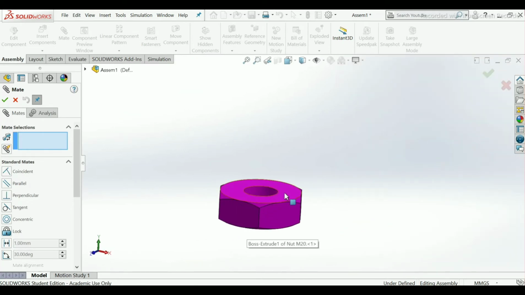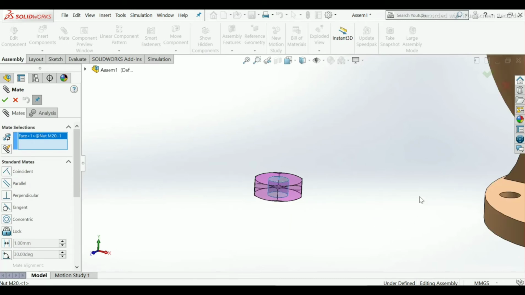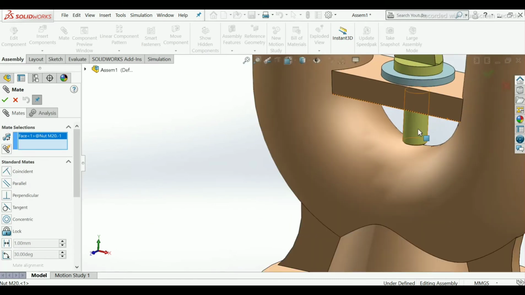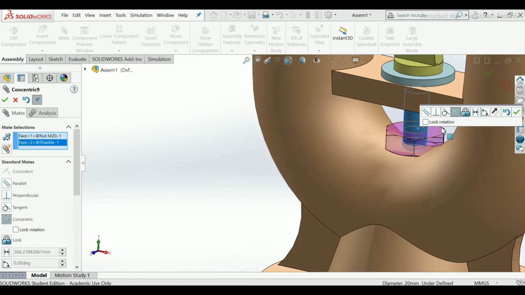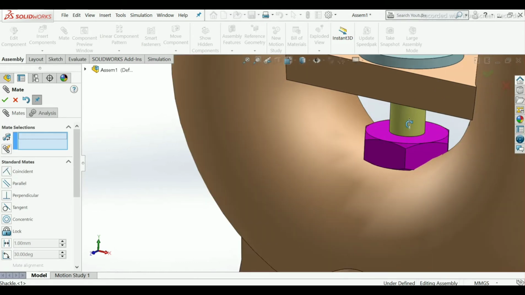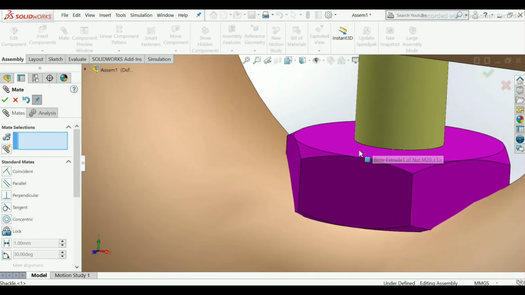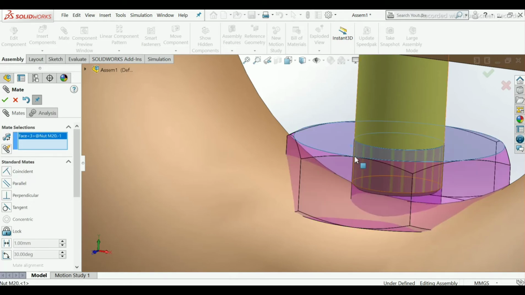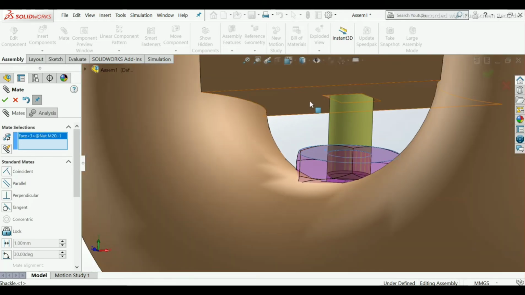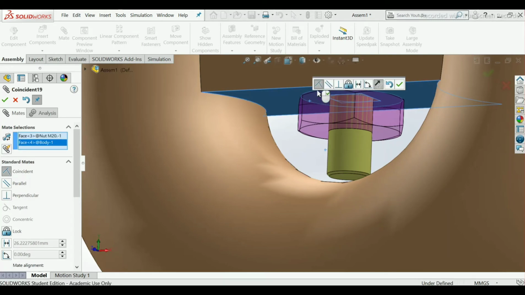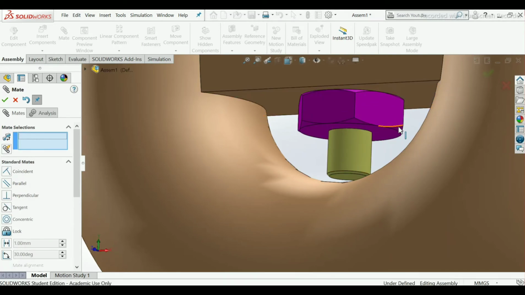Now first select this whole extrusion face and this face, make it relation concentric. Okay, we have to lift this upward, so select this face and this face, make it coincident. Okay,